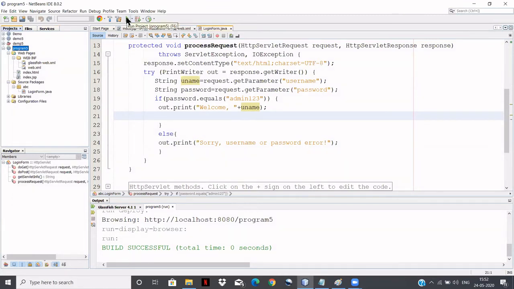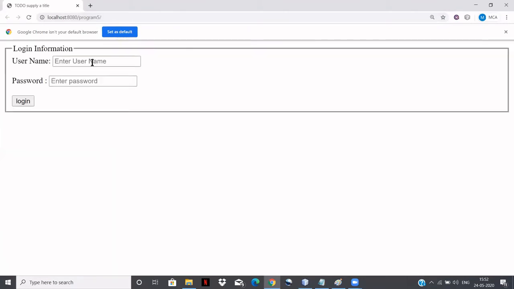Now, if you want the if block to be executed, you have to give the password admin 123 only. If I give admin 123, see, welcome Kumar. It has been printed. Now, this information you have to store, right, in the session.